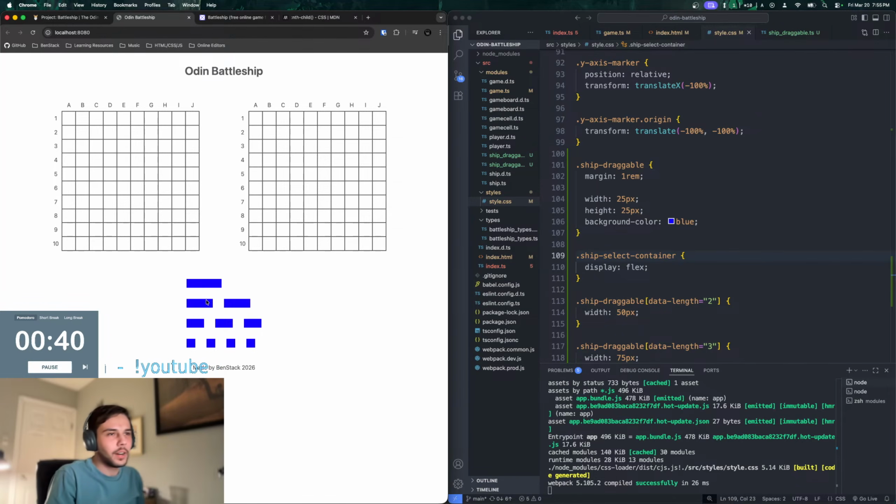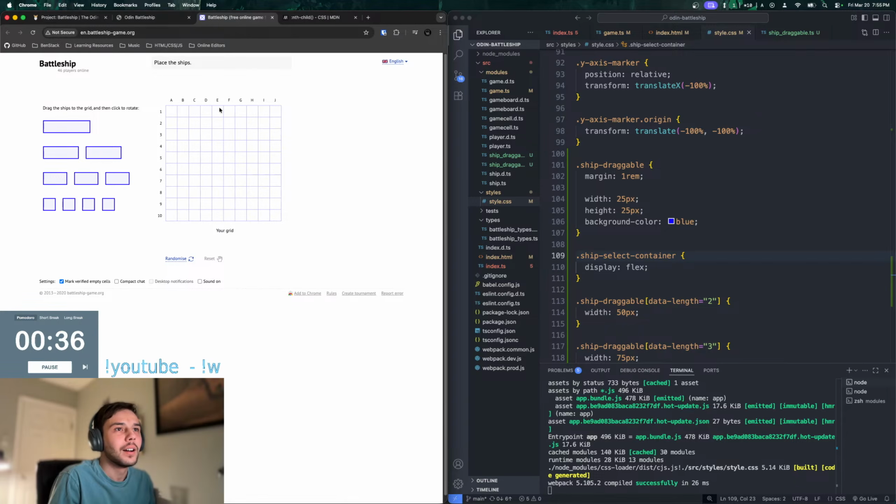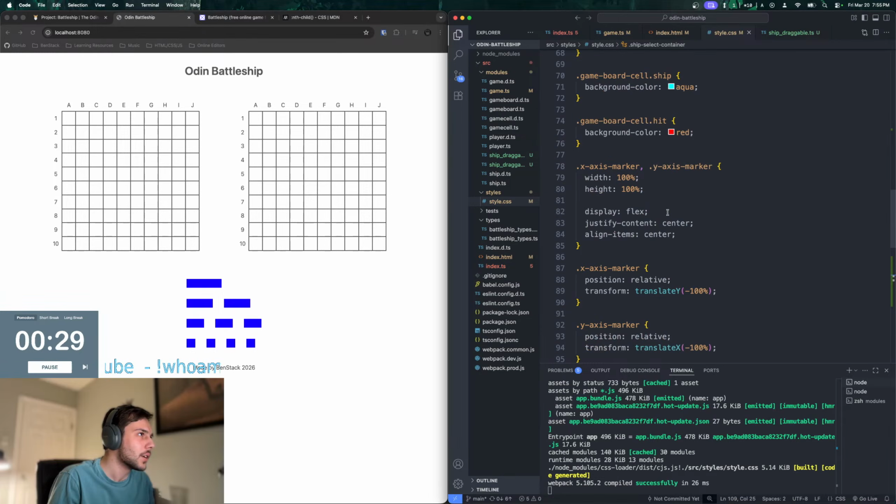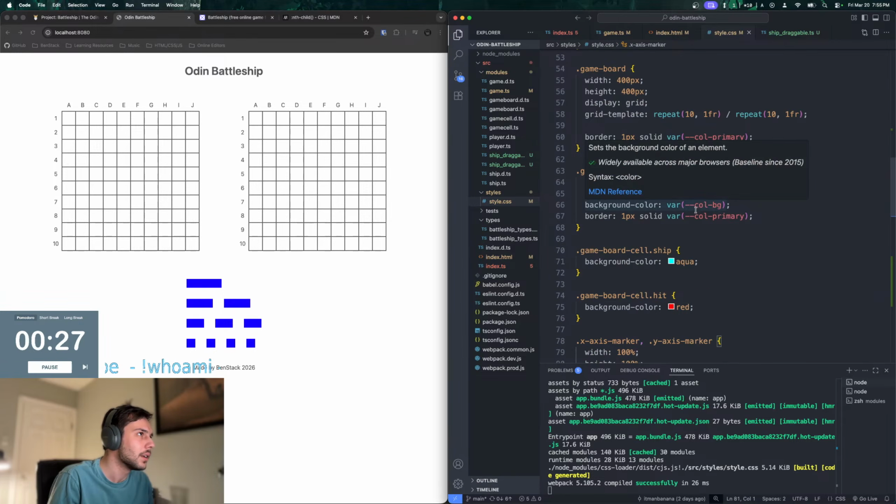Okay, so we got our ships now. They're not the right size, but that's okay. So we've got this going on. The only thing is I don't know how to find the